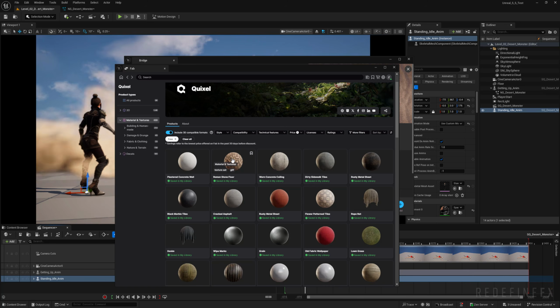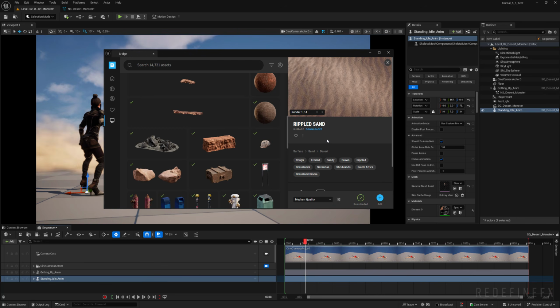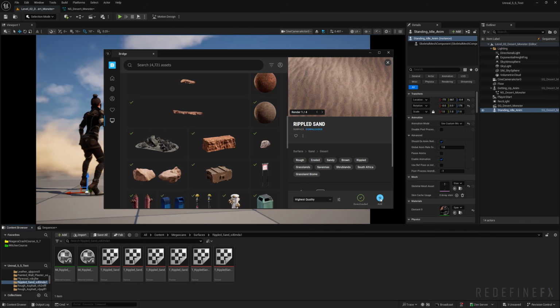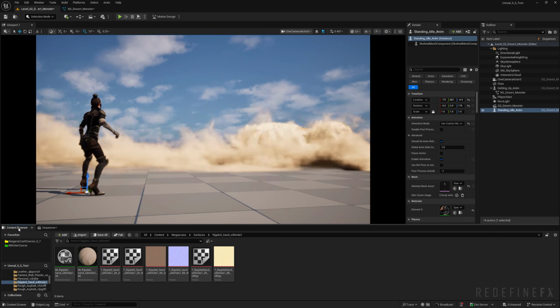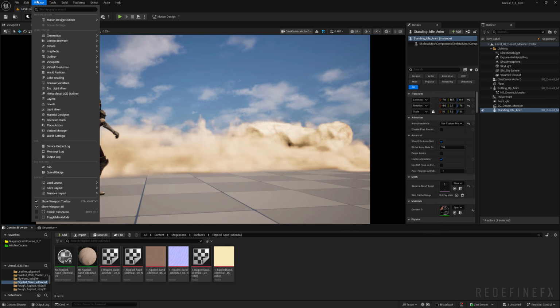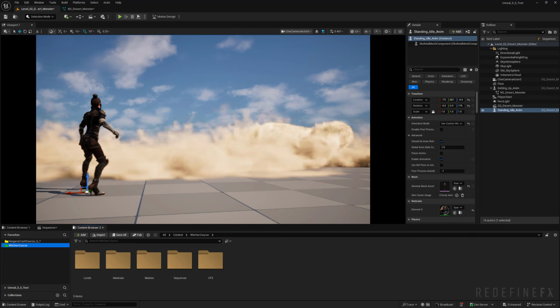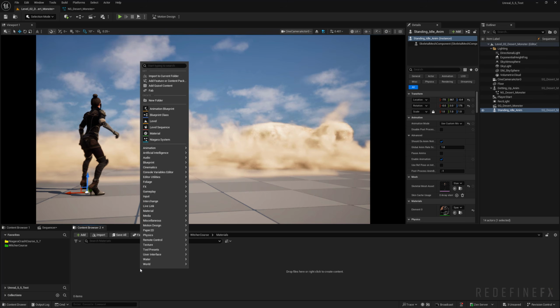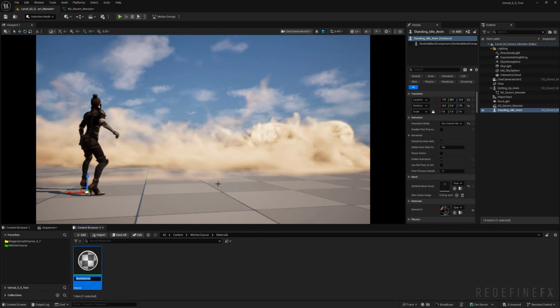So you can probably find some decent ground material here. For me, I'll use the rippled sand, but I want to set the quality to be highest quality and then add it because we want to do the nanite displacement for the ground. And so I want to open a second content browser. So under Window, Content Browser 2, and then you can go into your Witcher course, Materials, right click, Material, and call it